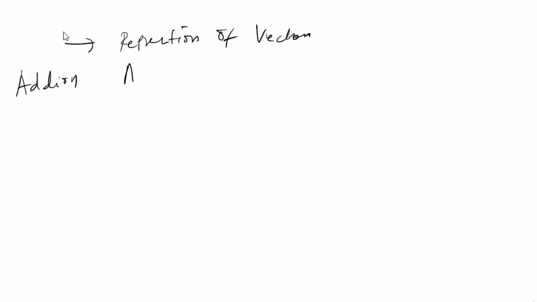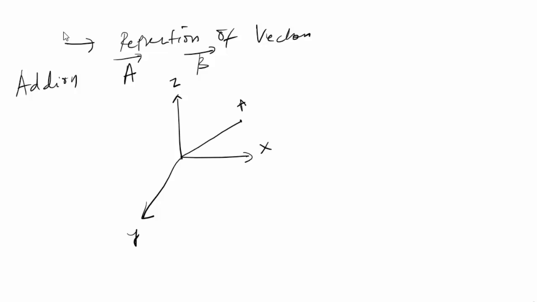So to be more clear, the next step, after the representation of a vector, is that if there are two vectors, you can also do addition of the vectors. I'm simply saying that I have a vector A and a vector B. So this is my Cartesian coordinate system. If I simply take it to represent the vector, this is Z, this is X, this is Y, and this is my A vector,